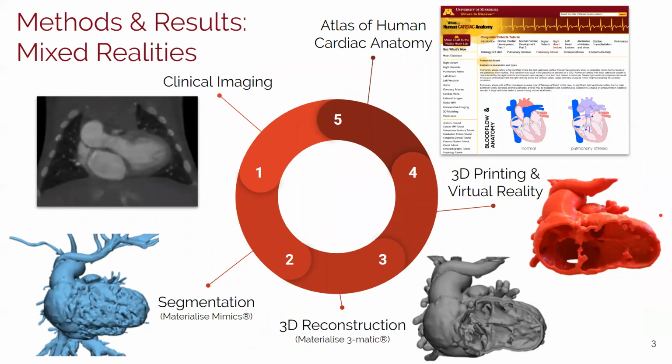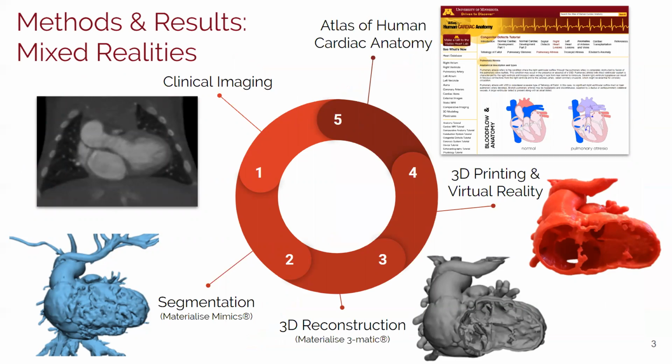In order to create this database, there are multiple steps on both the engineering and the clinical sides. Here, we detail the workflow on the engineering side of the project. First, clinical imaging of the patient is obtained. Shown here is a cropped contrast CT scan of a young patient exhibiting tetralogy of Fallot with major aortopulmonary collateral